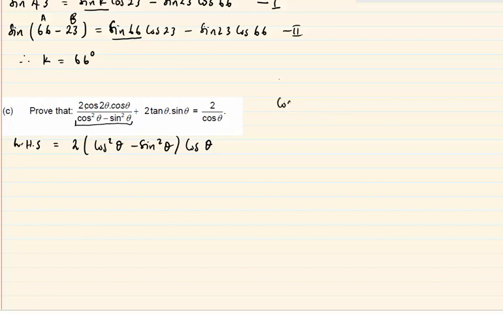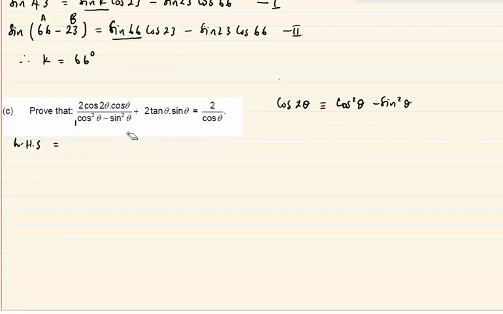So you know that cos 2 theta is identical to cos squared theta minus sine squared theta. Right, so it'll be shrewd to make the substitution in the denominator and not in the numerator. So let's do that instead and have 2 cos 2 theta multiplied by cos theta, and that whole thing is going to be equal to cos 2 theta